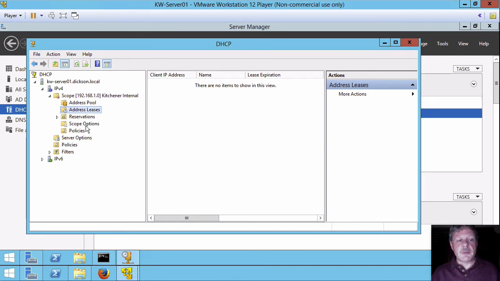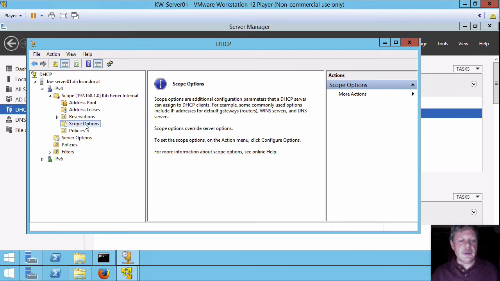Now we have both scope options and server options. Scope options apply only to the scope. Things like routers, which are going to be very specific to the actual scope itself because of the network address. I'm going to pick scope options. We don't have any. I'm going to right click